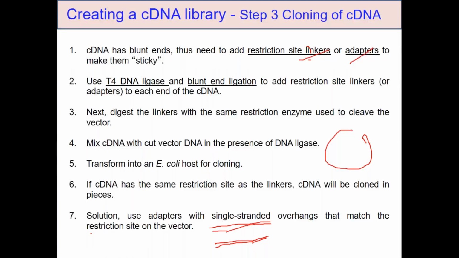So mostly they will use an adapter. They will use a ligase which is from T4 DNA. They will add it to the end of the cDNA, and this adapter will have a specific restriction site. So if this is your blunt